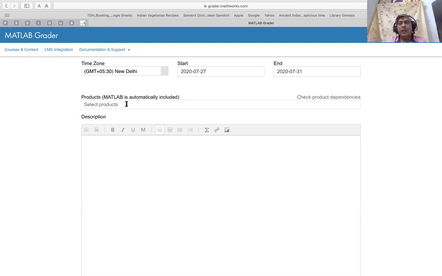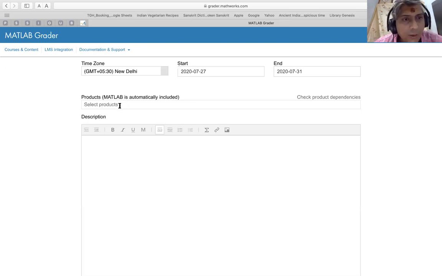Moreover, if I'm fitting, let us say, data to a dynamical model, and my reference solution requires me to simulate an LTI system, a linear time invariant system, then I may have to add the control systems toolbox and another toolbox as well. So that depends entirely on the problem that you're going to solve.